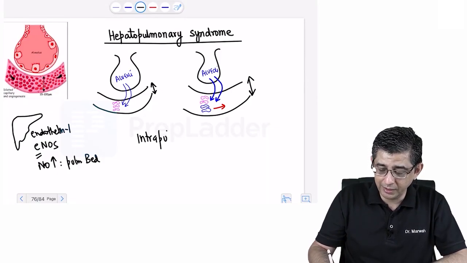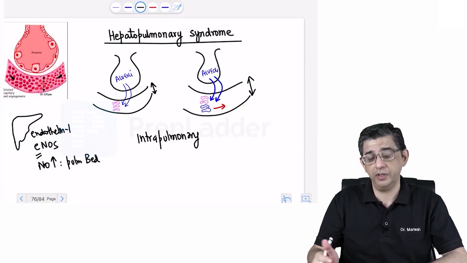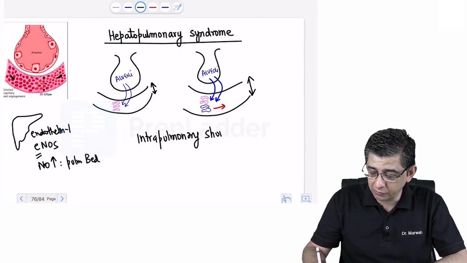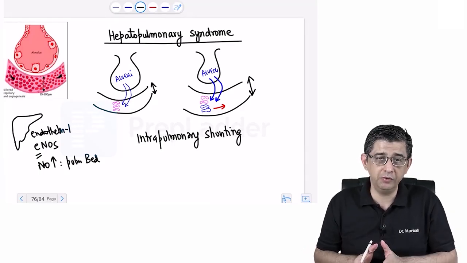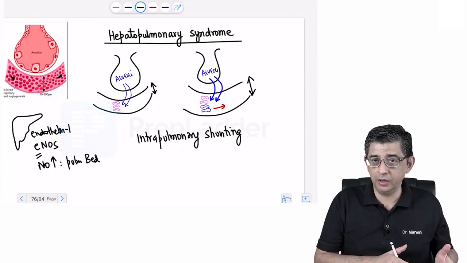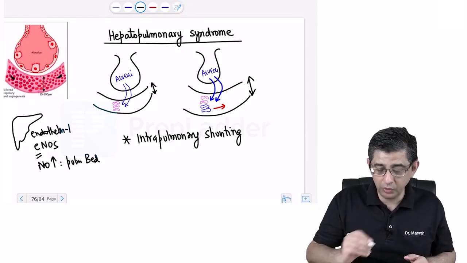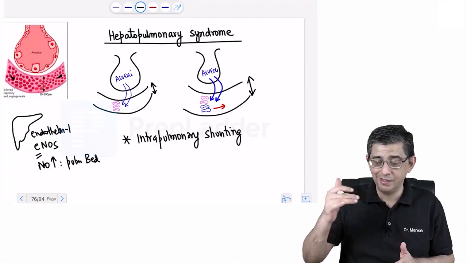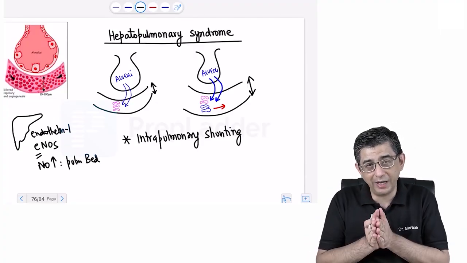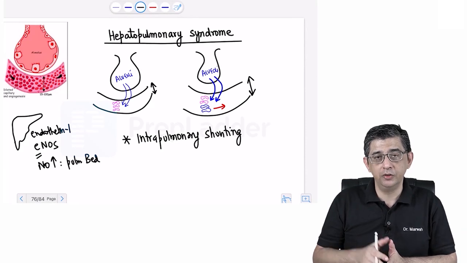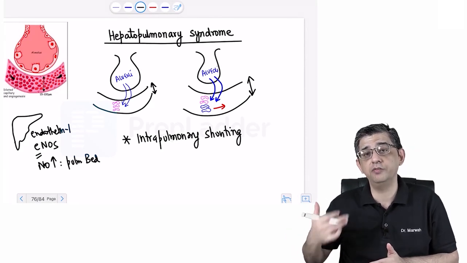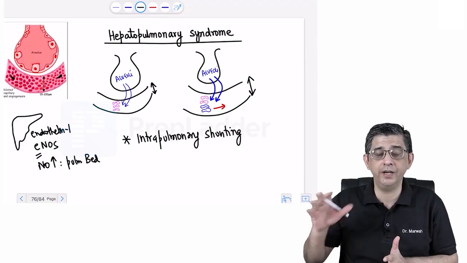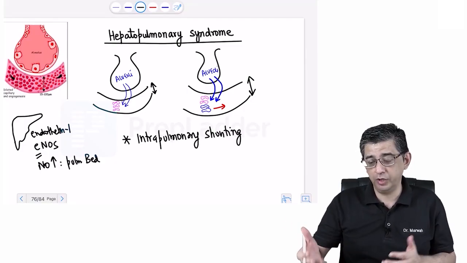You see, when you read congenital heart disease in babies, we read about right to left shunt and left to right shunt. So as a result, the thought process of everybody, when we read this word shunting for the first time, is as if blood is going from one chamber of the heart to another. But here I have explained to you that it's not that the blood is moving from one chamber of the heart to another. Inside the lungs, what is simply happening is that if the caliber of the blood vessel increases, the red blood cells which are farther away from the basement membrane might actually not get properly oxygenated, and therefore